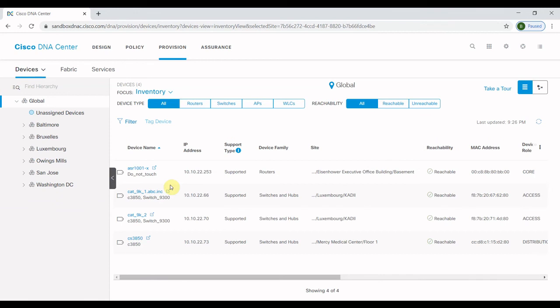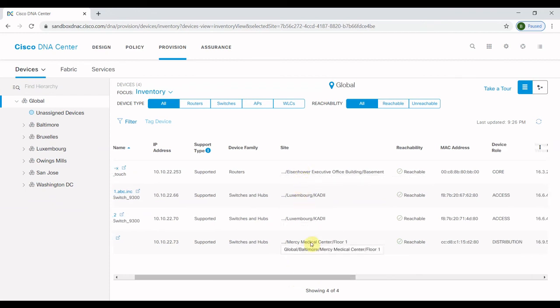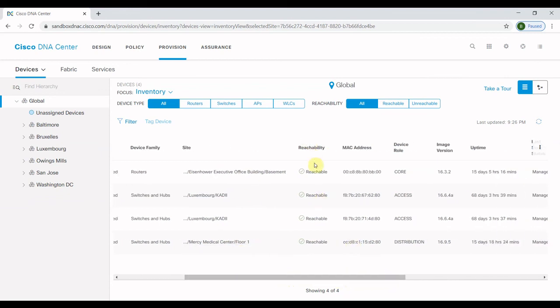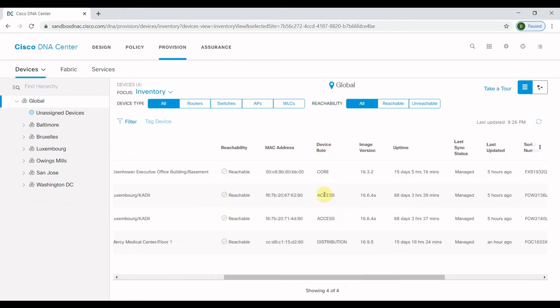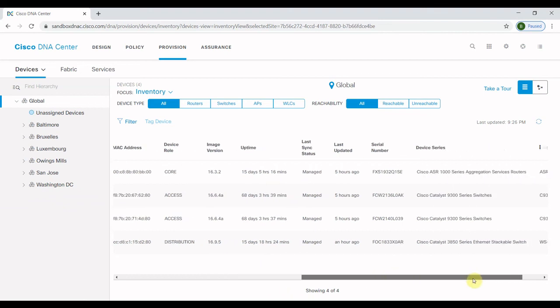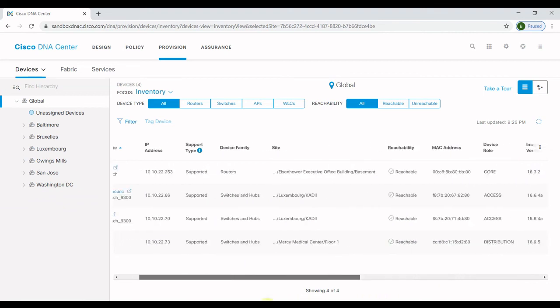So this is just like an inventory. So the devices that you have in your infrastructure will give you the complete overview about the IP address, whether it is supported or not, and which site it has been implemented. So you will also get the site information, whether this is reachable or not. You will also get the reachability. You will also get the MAC address, and you will also get here the device role, whether this is the access switch, whether it is a distribution switch, whether it's a core switch, or maybe the firewall. There's an image version. So all those information you will be getting here itself. Okay, so